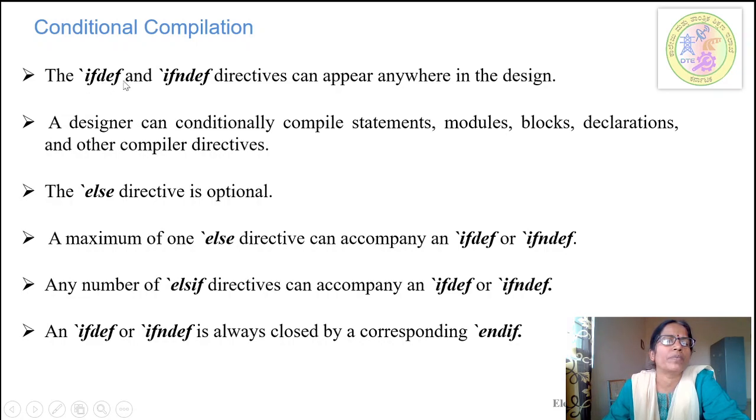The ifdef and ifndef directives can appear anywhere in the design, and the designer can conditionally compile statements, modules, blocks, declarations, and other compiler directives.